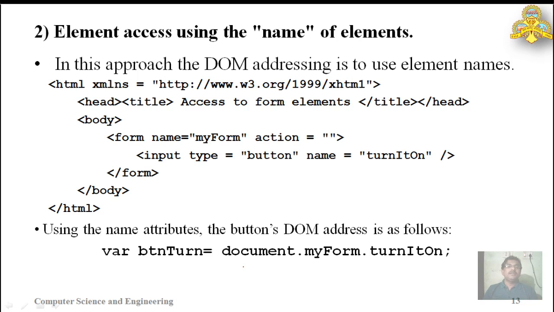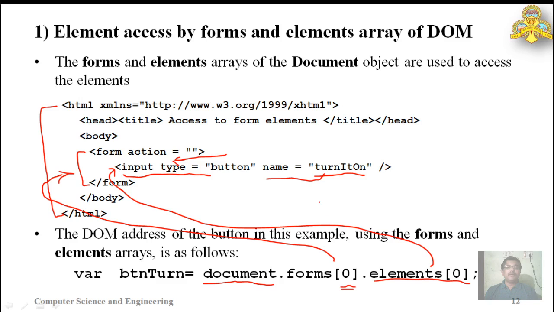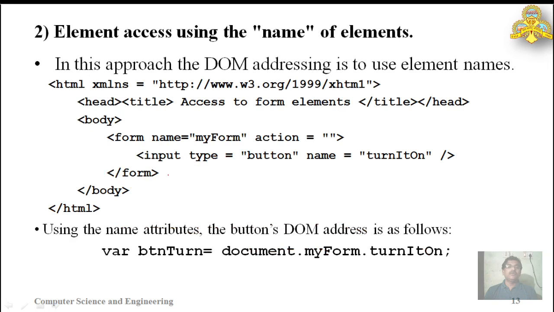The next method is using the name of the element. As in the previous one, a name is given here too, but that name was not utilized in the code. Instead, I specified elements[0]. So now we'll go for the name. Here the name is given,